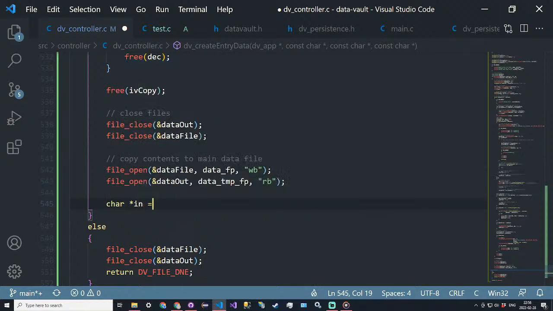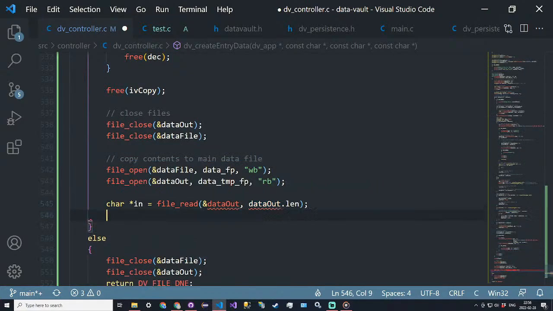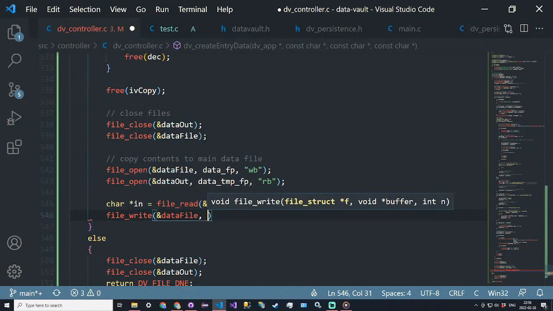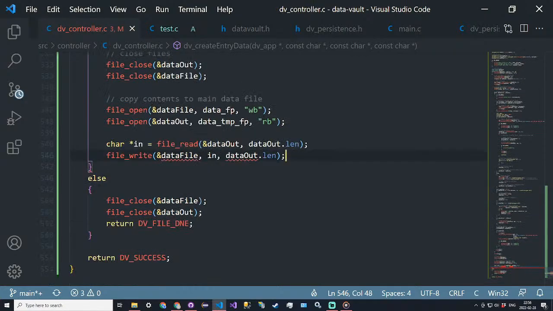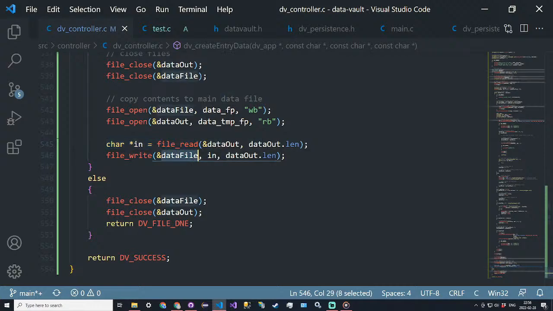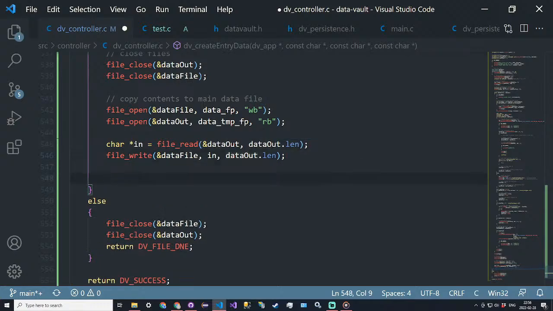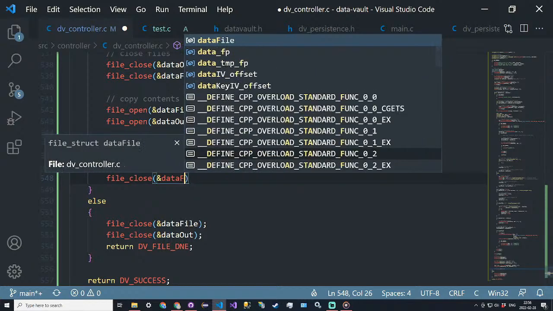So character pointer in is equal to file read, passing a reference to data out, and we're going to be reading data out dot length. File write, passing a reference to data file in, and data out dot length. So the input is the string that we read, and then we're going to be outputting it to data file, and the number of bytes is data out dot length, and then we can close those files again. So file close, passing a reference to data file